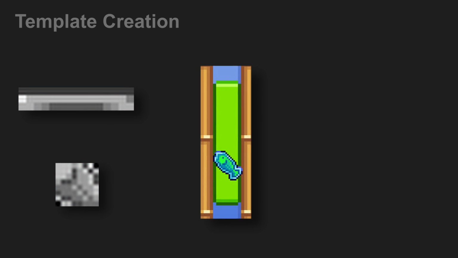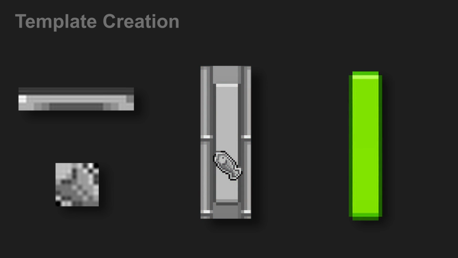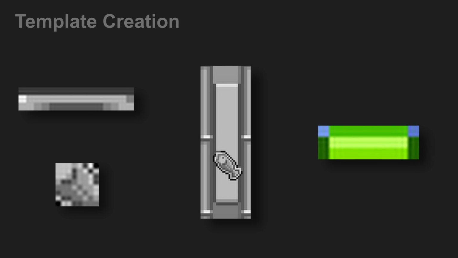I created template images for the top of the fishing UI and the fish icon. As the fish is always on top of the green bar, it's always visible and can always be found, but that means using a template image of the whole green bar isn't possible, as the fish being on top of it changes the image. Instead, I just made a template of the top of the bar, which has less chance of being covered. Now we've got input to the game with the keyboard and output from the game using the